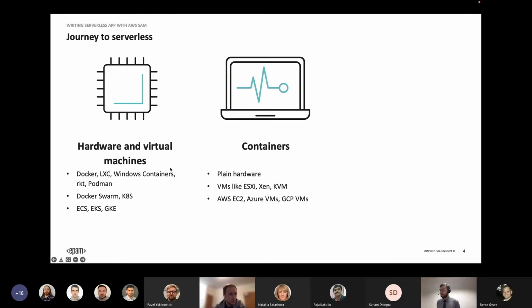Nevertheless, it is possible to deploy our software as a big deployable unit, as a big jar to the big hardware machine. And if we need more resources, we can buy a more powerful device and put our software there again. But at some point, people noticed that it's not really efficient. We have many pieces of software and it's necessary to have separate hardware or a separate virtual machine for each piece of software. That's why we decided that it's better to multiply virtual machines using